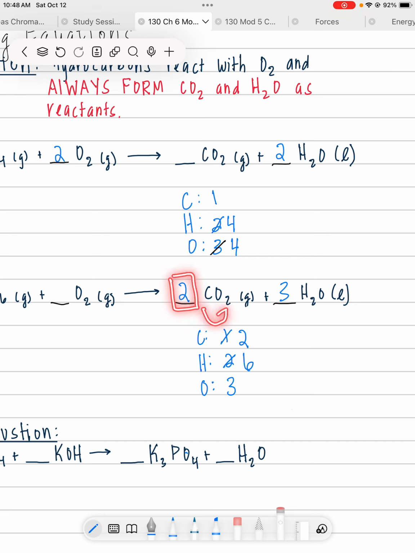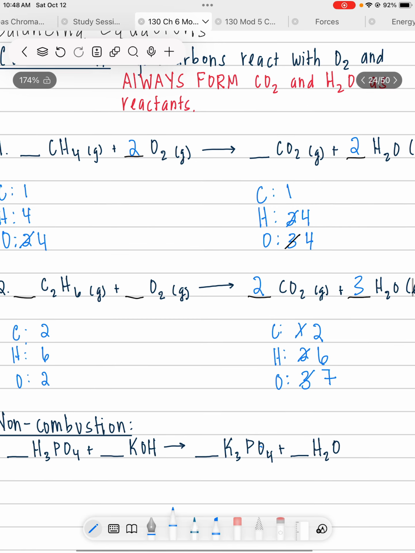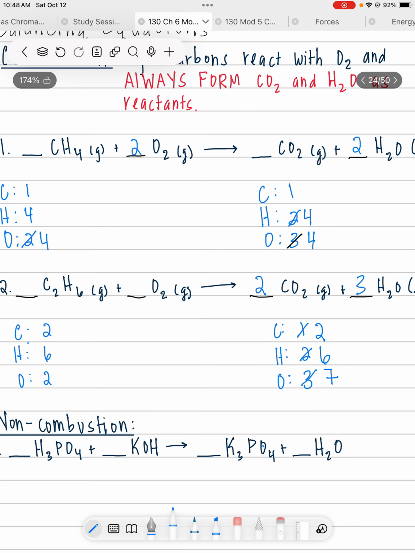Okay, so I have 2 times 2, which is 4, right? 2 is my coefficient, and I multiply it by my subscript on my oxygen. I'm going to write 4. But wait, we have another oxygen over here. We have 3 times 1, which gives us 3. So now we have 7. All right. We have 7 oxygens on one side and 2 on the other. This is where we can use